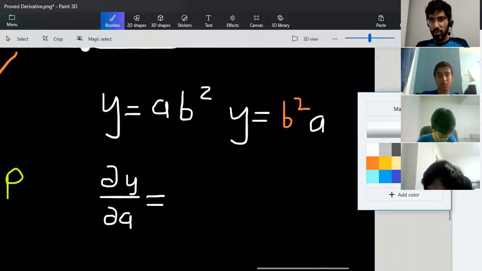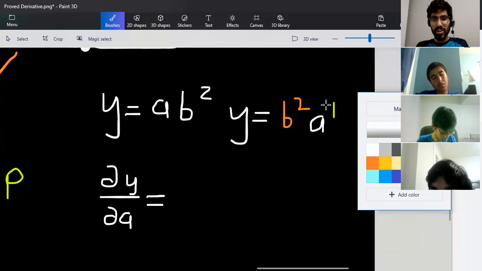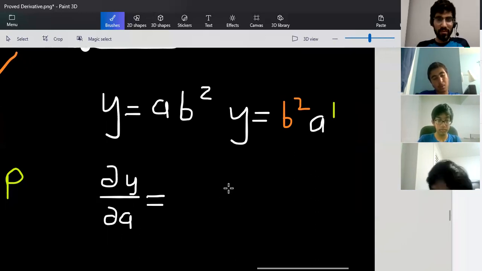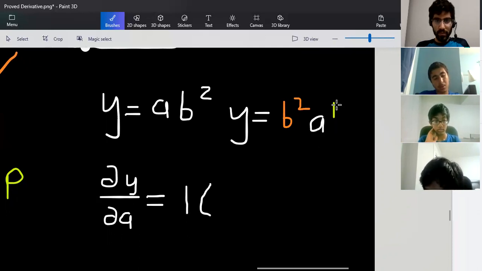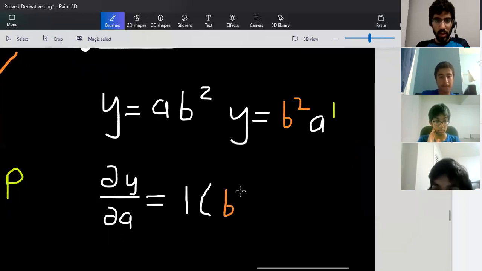Remember, this is a to the 1. Any brave people want to differentiate this? So imagine b squared was a constant. How would you find the derivative? 1 times b to the power of 2, a to the power of 0, which is basically b to the power of 2. Yep. So again, what we did here